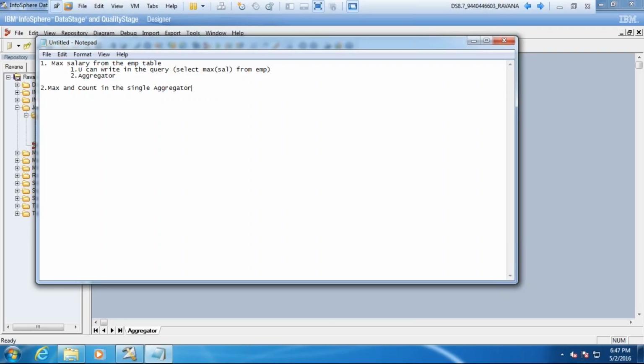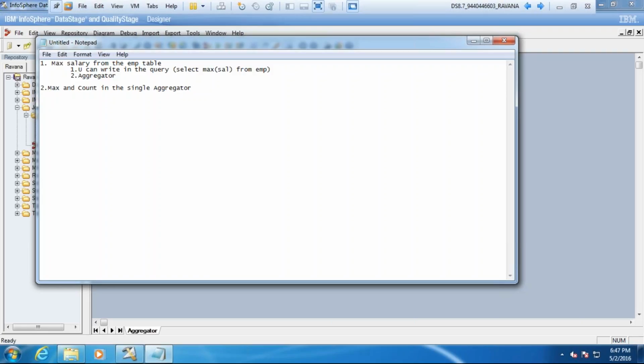I think no, right? Because max is a calculation and count is count rows. The aggregation type is different for these two, so you can't get it in a single aggregator. Yes or no? Yes.